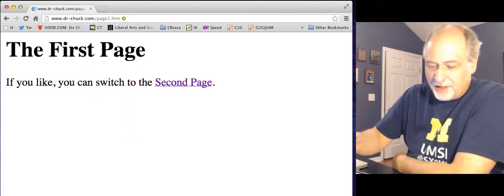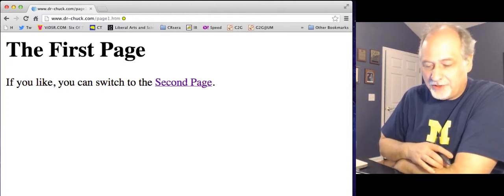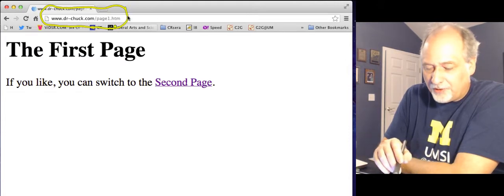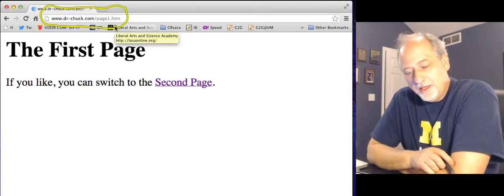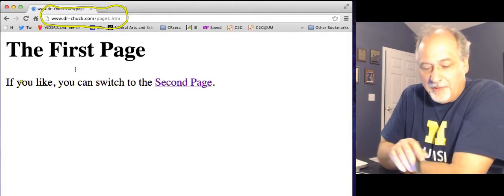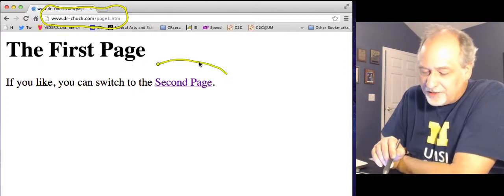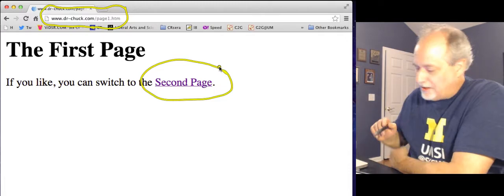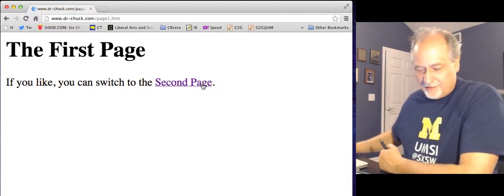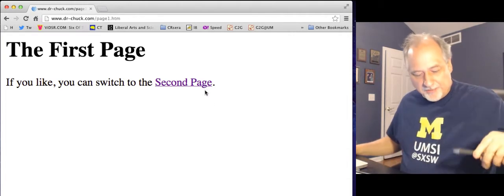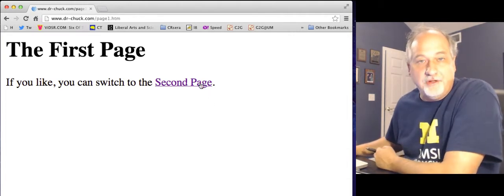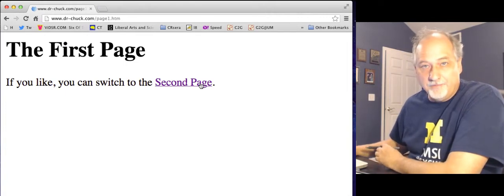So here is a canonical web page. So here's a browser. Here's the URL that I went and got. You can get this URL as well. You can even look at the source. So if you look at this source, there is my HTML, but one of the things that's in this source is a link. And if I hover over top of this link, you can see at the bottom of my screen, it's going to tell you that we're about to go retrieve page2.html.